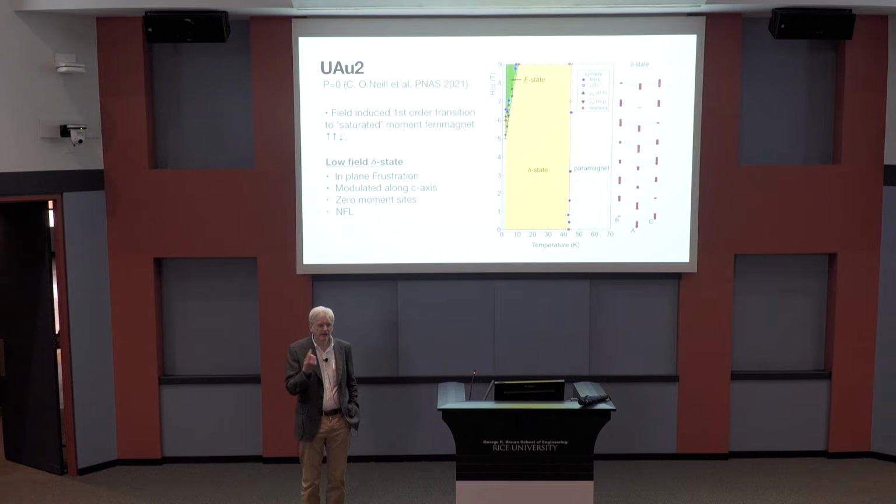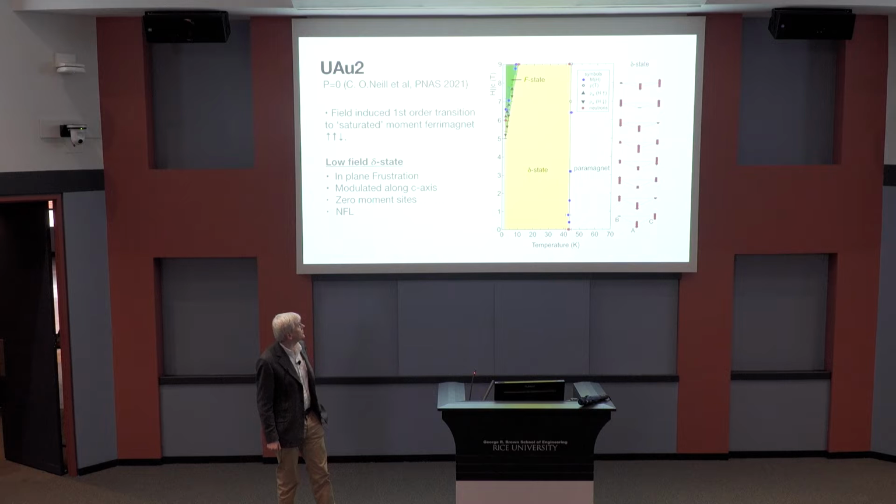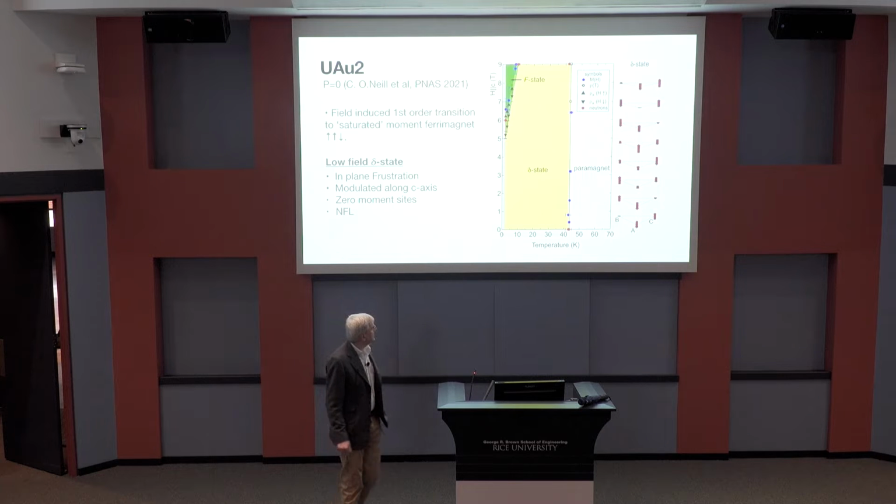You've got the triangular lattice with 3 sites, A, B, and C. Along 2 of those sites, the moments would be pointing parallel to the field, and along the 3rd site, it would be pointing anti-parallel to the field. So it's a ferromagnet. That's in that little region up at the top at low temperature and high magnetic field labeled F. But the vast